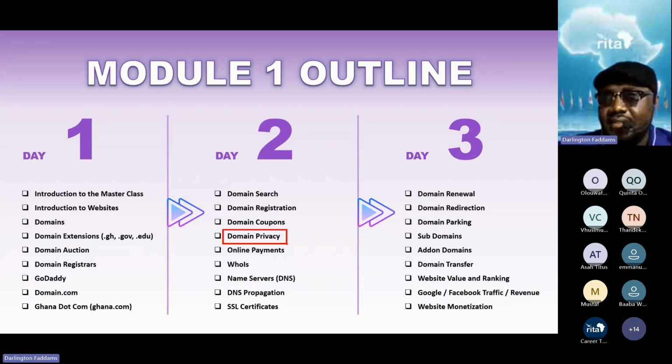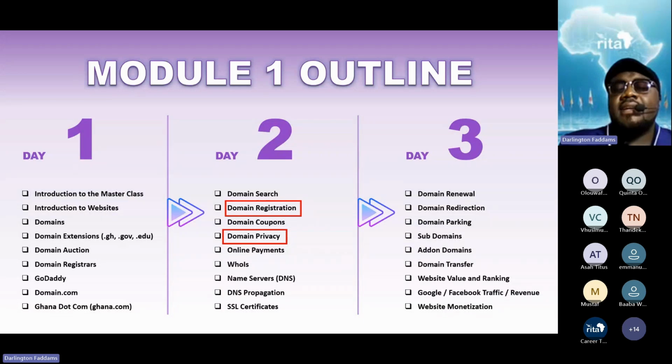Domain privacy. All right. Now, domain privacy is a service you subscribe to during your domain registration. So during your registration, you can subscribe to what is called domain privacy.